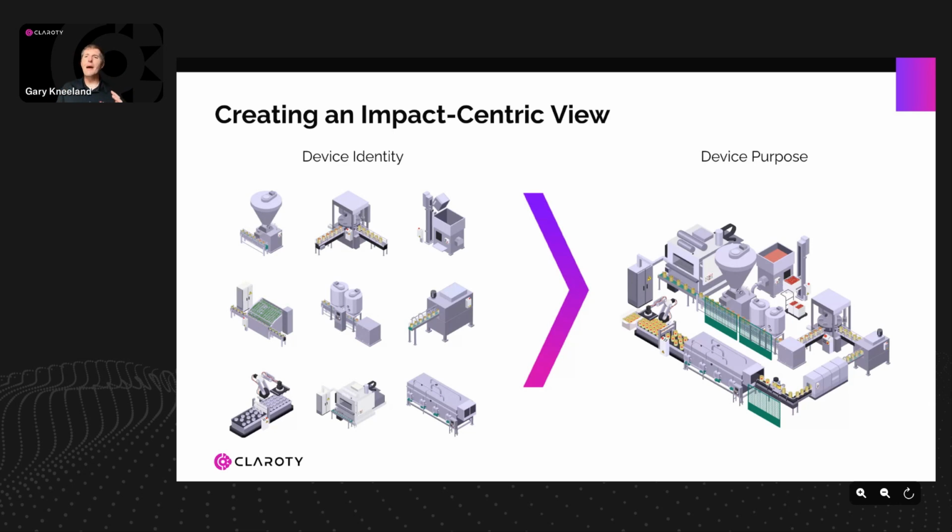And understanding that purpose allows us to do a lot of really interesting things when we're talking about prioritizing remediation, prioritizing risk and criticality for devices, because we actually can understand the business purpose of one of these devices. Again, this also goes for things like switches, engineering workstations, HMIs. All of these devices are part of some broader context within your site. And being able to bring that purpose to bear really can help us prioritize and tackle some of these challenges that we've been seeing customers have.